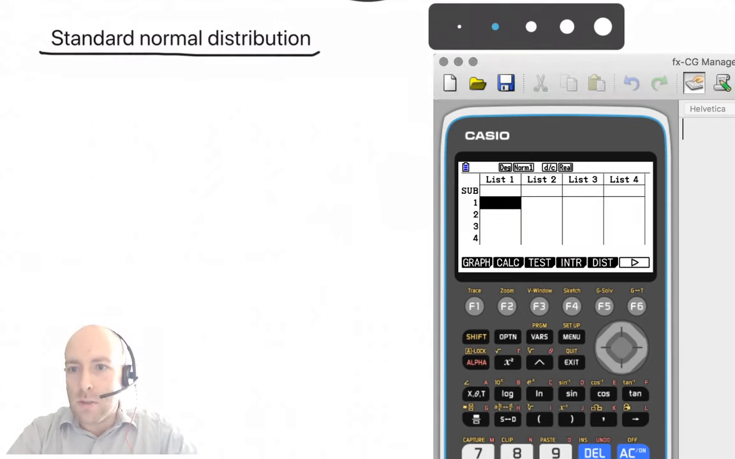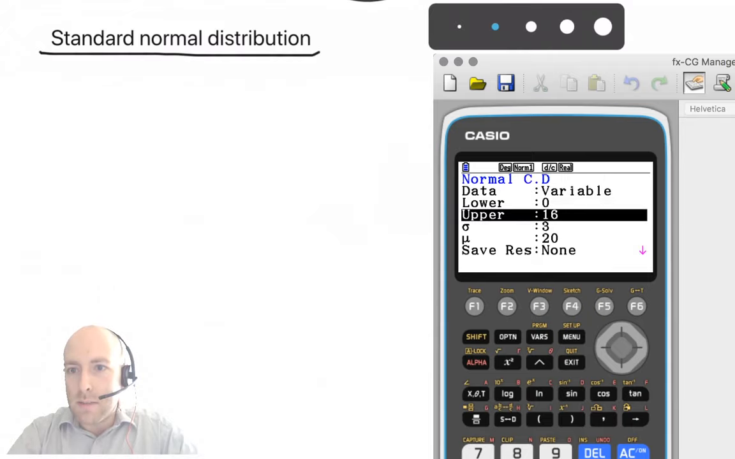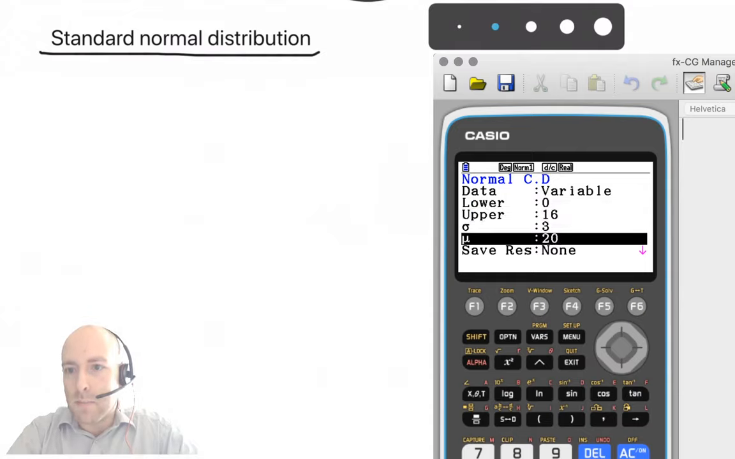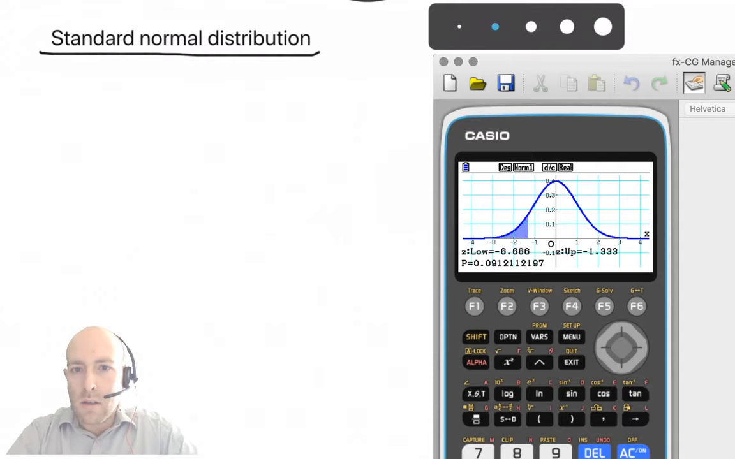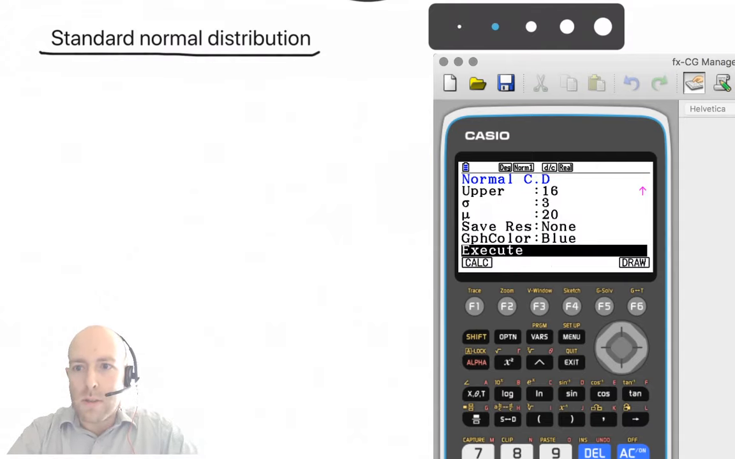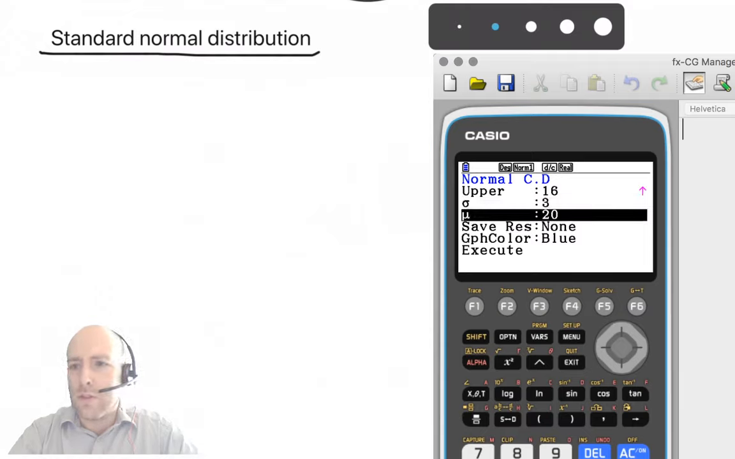So if we go to distribution, let's go to normal distribution, and we will plot anything really. Whatever this was left over from yesterday. I don't know if you guys actually spotted that. The one I typed in has a mean of 20 and a standard deviation of 3. So if we go back down and draw it,